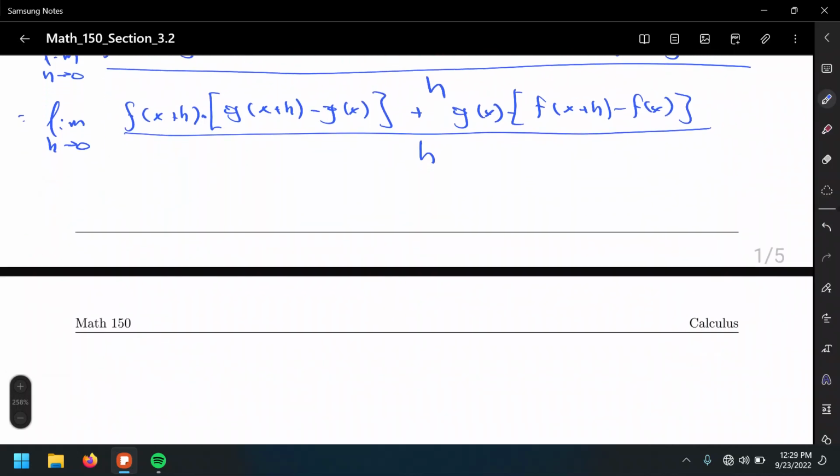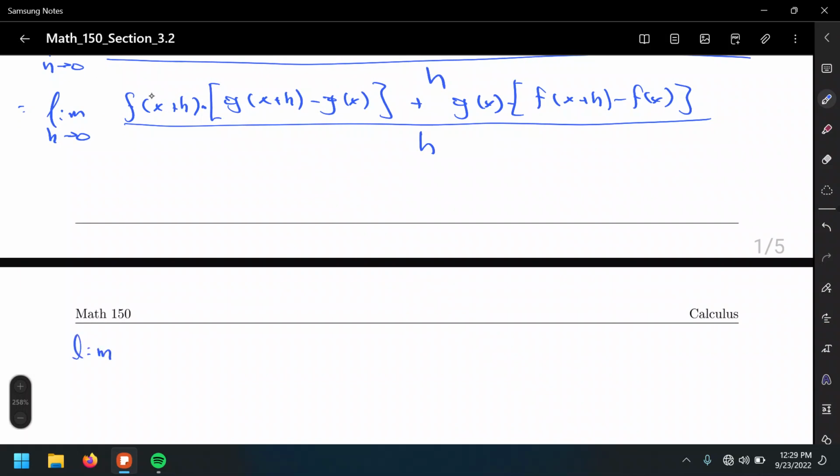So this will be, let me go all the way here, limit of f of x plus h as h approaches 0 times limit of g of x plus h minus g of x, the whole thing I'm going to divide by h. I don't divide this f of x plus h by h because this factor only corresponds to either one. In this case, I'm choosing to divide the second factor. Now plus